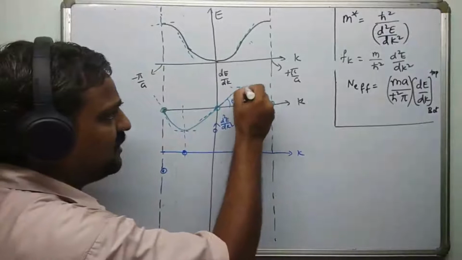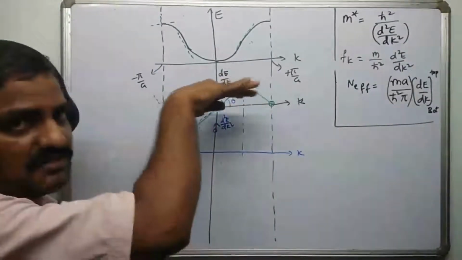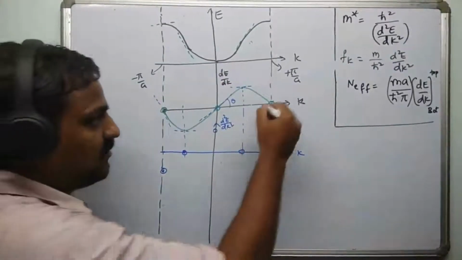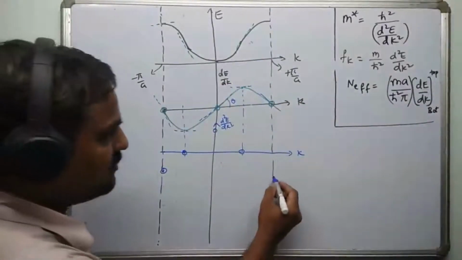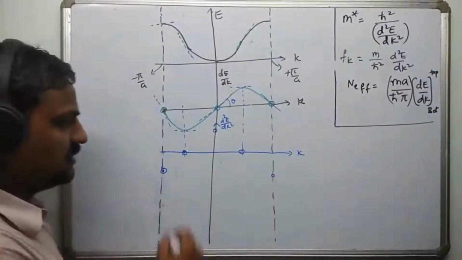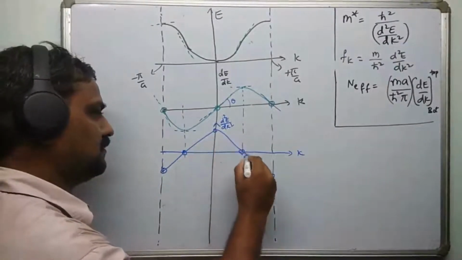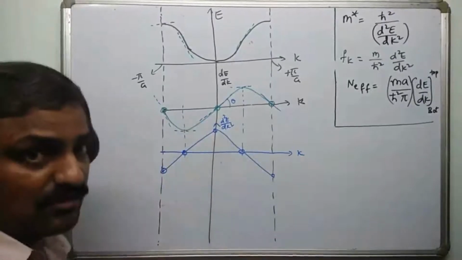And here you pay attention. At this point, once again, the curve has become flat, so the slope becomes 0. So this is another point. And once again, if you come back here, in this region the slope is negative, so the curve comes to somewhere here. You combine all these points, and you are going to see this kind of behavior. This is d square E over dk square.